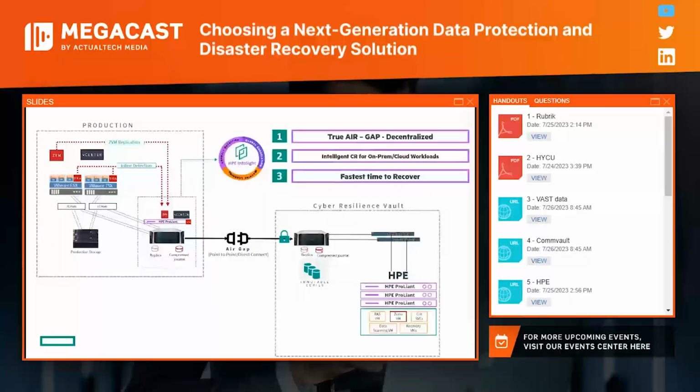And like I mentioned previously, the typical competitive solutions that are out there are minimum of 18 to 20 days. The vast majority that we've seen from a 300 terabyte solution is north of about 30 days to recover, and we are looking at a few hours tops with our solution.